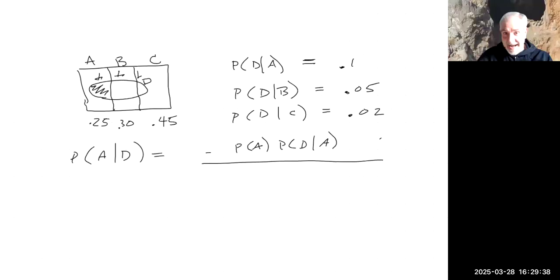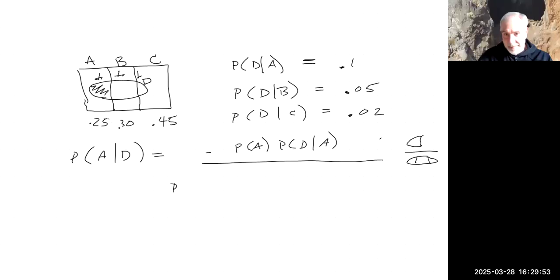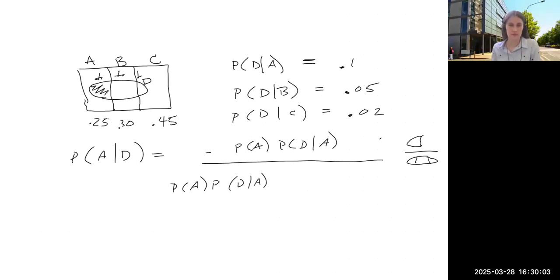So the first guy is exactly the same, because it's this bit over this bit. That's exactly the same. Probability of A times the probability of being defective given it came from A, plus the same thing for B,